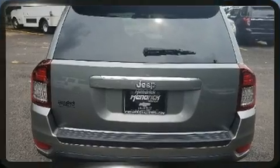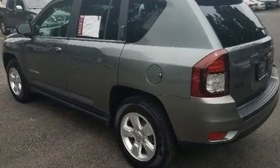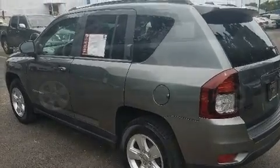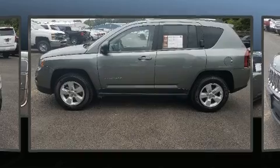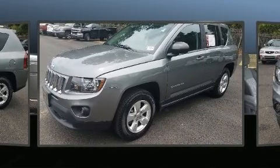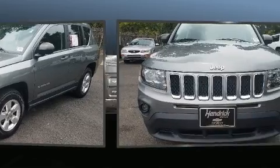Top features include a split folding rear seat, an automatic dimming rear-view mirror, front fog lights, remote keyless entry, and one-touch window functionality. You and your passengers will enjoy the stereo system, which includes a CD player with MP3 capability